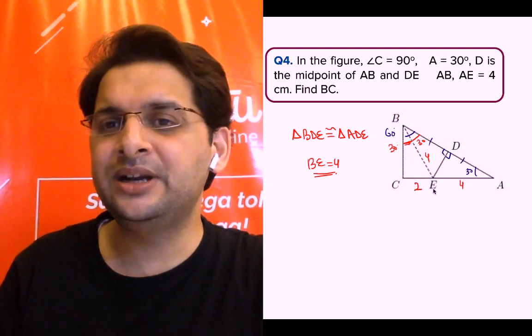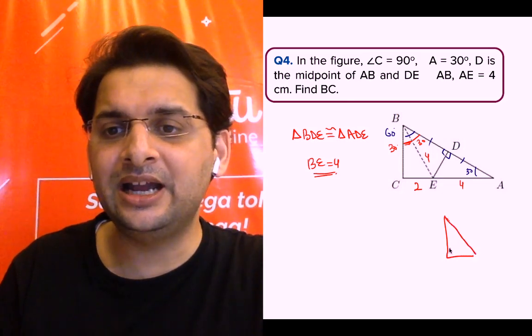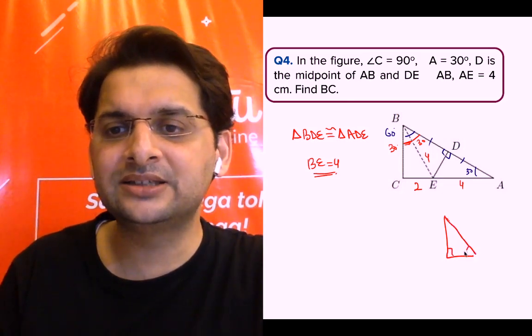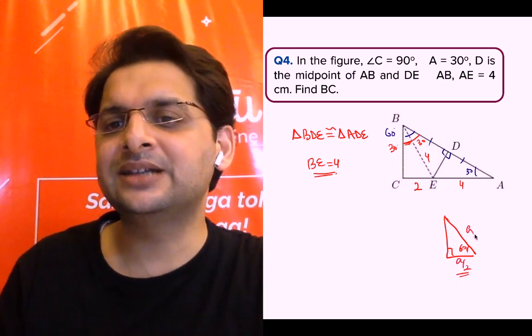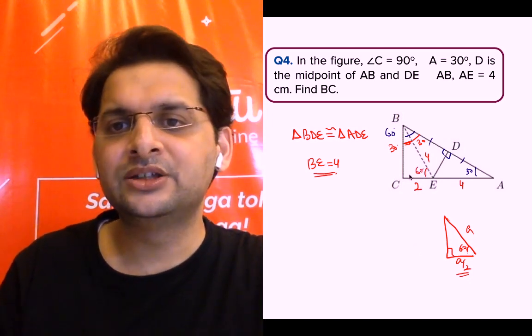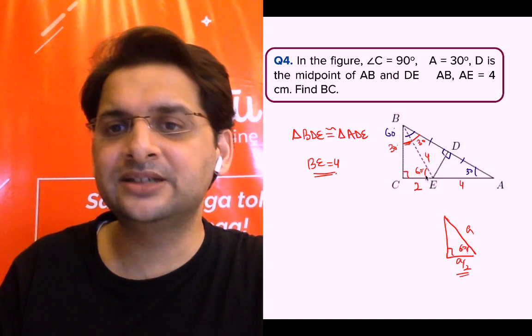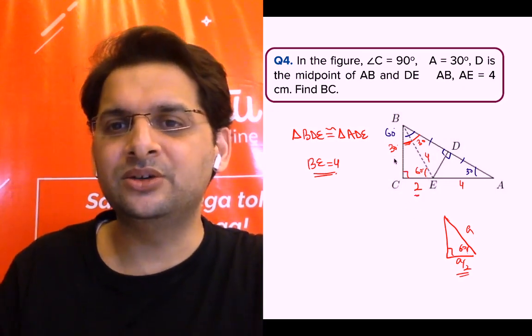And if this is 30, can I say CE is 2? You can apply trigonometry, or you can use the fact that if in a right angle triangle one of the angles is 60 degrees, the base is half the hypotenuse. So, this is 30, this is 60 degrees. One of the angles in this right angle triangle is 60 degrees. The base is half the hypotenuse. So this is 2. अब question हो गया solve.